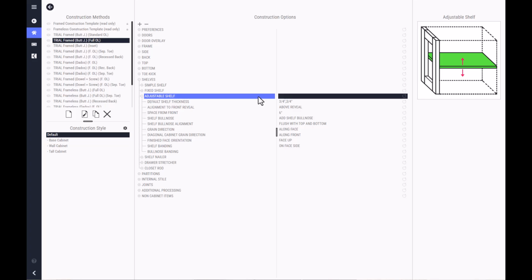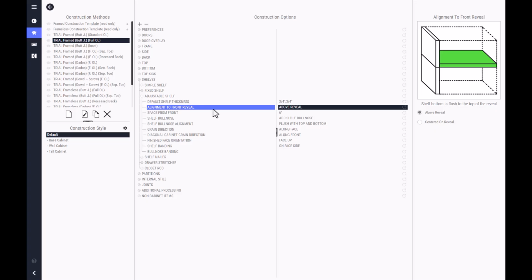Once you have the submenu expanded, you can see the selection starts with default shelf thickness, marking the expected nominal thickness, which is usually 3/4 inch. Next, it will ask you what your alignment to front reveal will be. You will have the option to select above reveal or centered on reveal. In the box above the selections, it will also show highlighted in green a small example of the change you